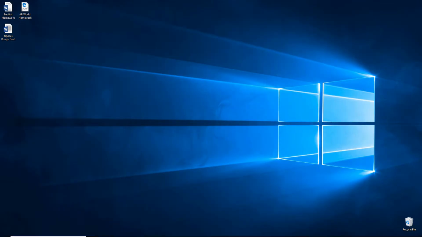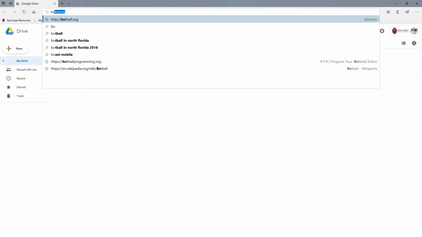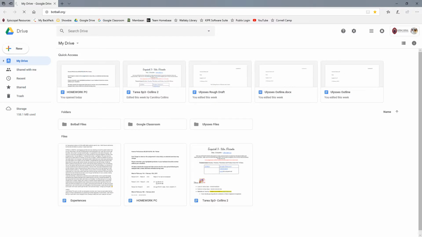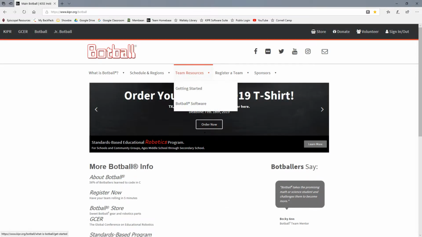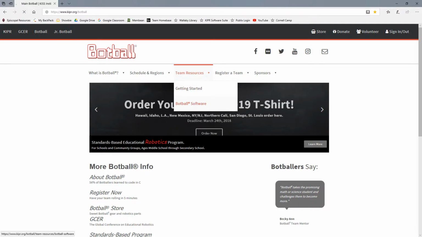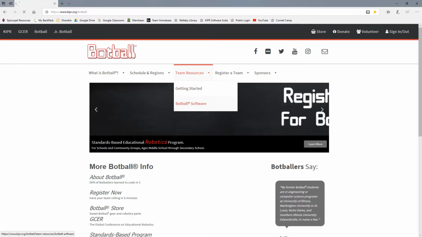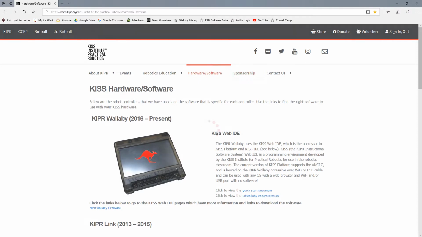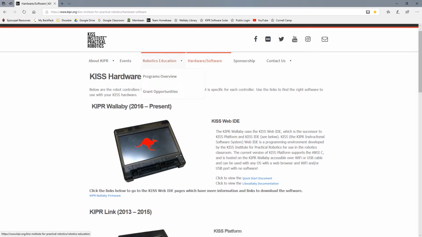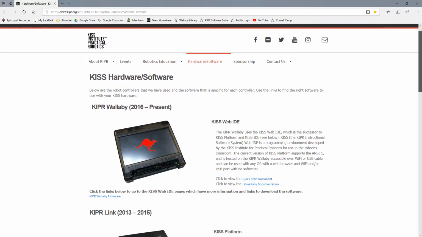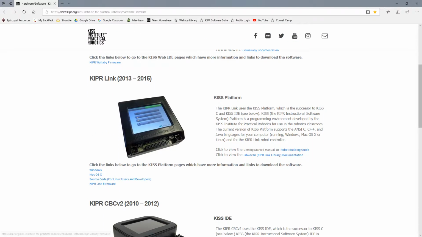So the first one you get by going to botball.org, and then when that loads, you hover your cursor over the Team Resources drop-down menu and you click on Botball Software. And it doesn't matter if you're signed in or out, it's still going to be there. Then you scroll down, the drop-down hardware software link is still going to be there. So then you scroll down a little bit until you get to the KIPR link